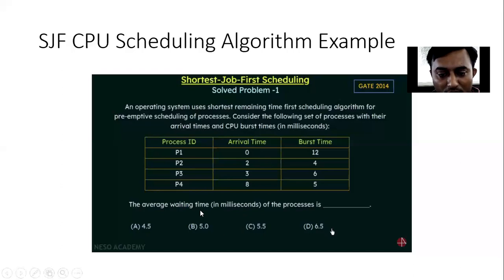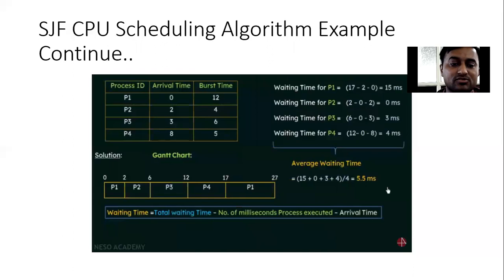So we need to find out the average waiting time. But before finding the average waiting time, you need to find out the waiting time for the different processes first. And before finding the waiting time, you need to draw the Gantt chart first, or you can say the timeline chart, according to the input that we have. So let us start with the example. The same table I have taken over here, and based on these table inputs, we are going to solve this example.